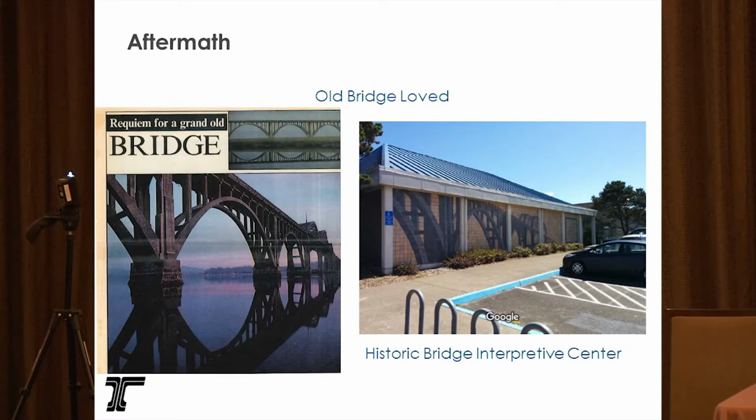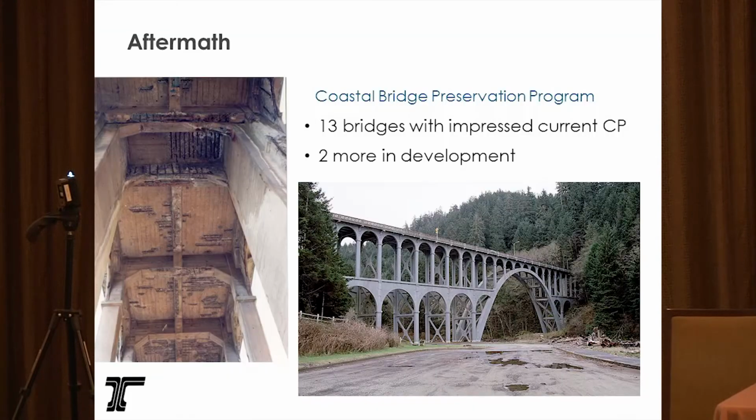Bridges are supposed to outlive the people who built them. But everybody remembered the building of this bridge. And as a result, ODOT now funds partially a historic bridge interpretive center at the site. They actually built this building, and all these tiles that you see on it, that form the image of the old bridge, were all contributed by the community members. They all gave a donation and built this building. That tells you how much people love this, and that is really what led to us having a bridge preservation program. We recognized as ODOT that we could not allow that to happen again to any of the others